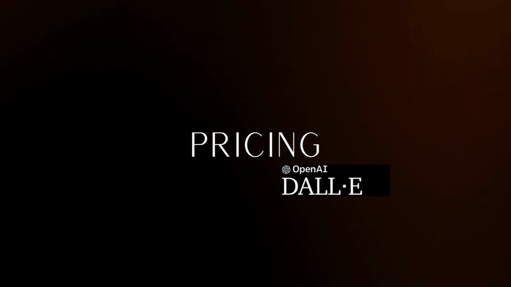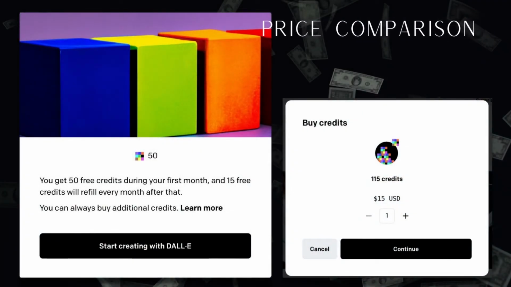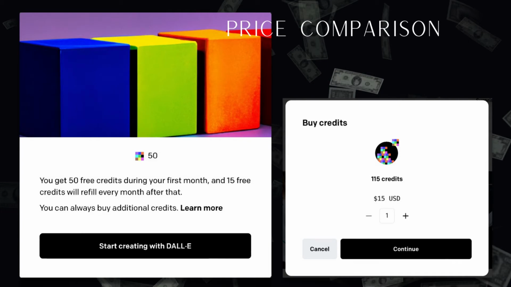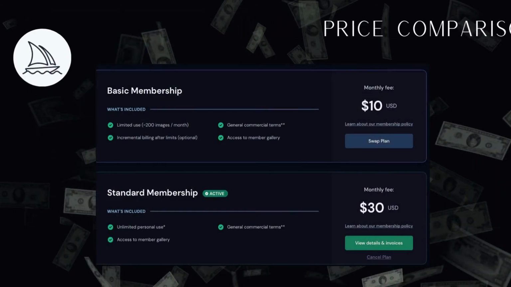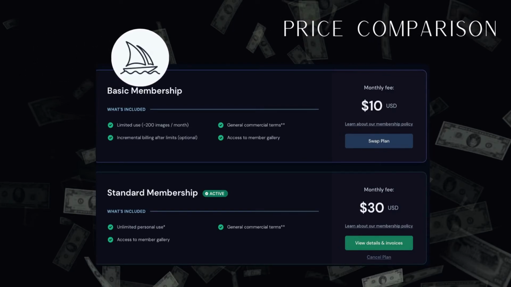Finally, let's compare pricing. Currently, Dall-E gives you 50 free credits to start and another 15 each month. If you want more, it's $15 for 115 credits, or about 13 cents per image generation. But how does this compare with the other AI generators on the market? Midjourney gives you 25 free image generations. After that, you can pay $10 for 200 generations, which is about 5 cents per generation, or $30 per month